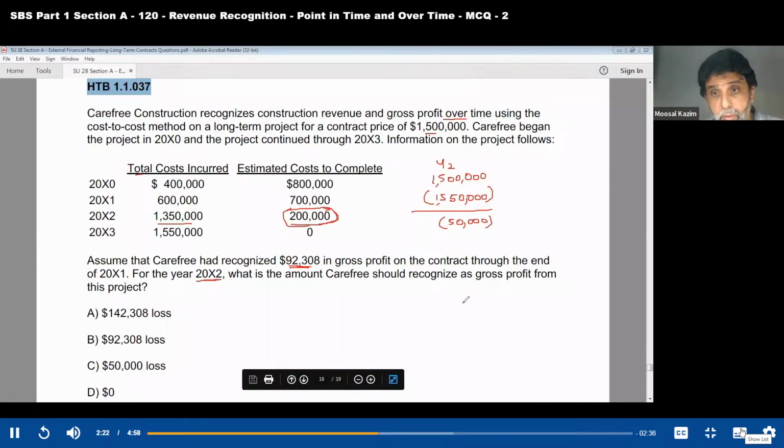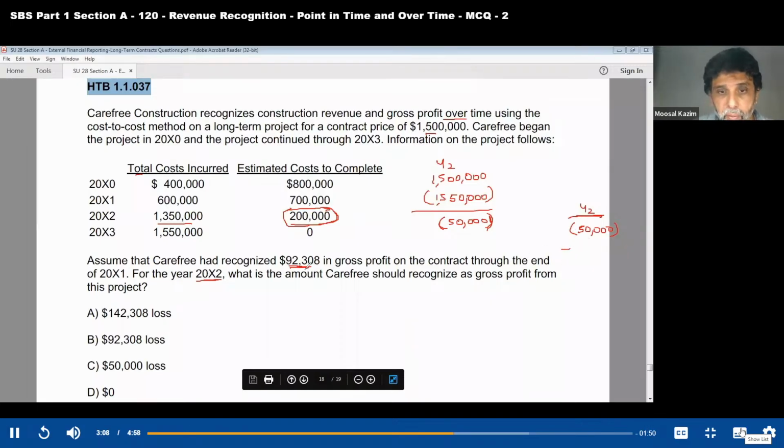Okay, so for year 2, there is no percentage. You cannot apply a percentage of completion for a loss, as I discussed earlier. You have to recognize the entire loss, which is 50,000. There's an answer of 50,000 there, but don't be in a hurry. This is the cumulative loss up to date, right? So what we should do is find out the loss only for year 2. As of year 2, the cumulative loss is going to be 50,000. The project is under loss as of year 2. That's what it means. But the amount to be recognized in year 2 would be 50,000